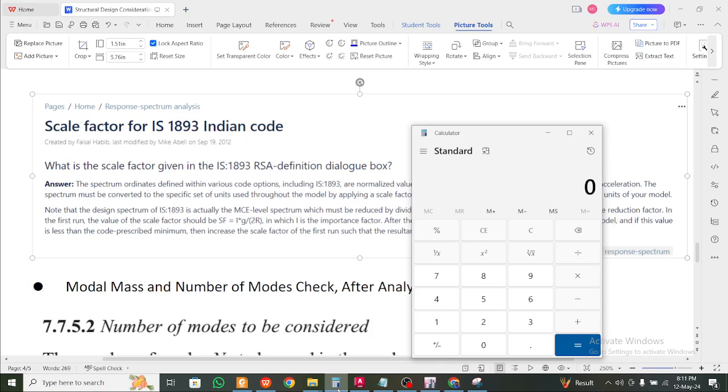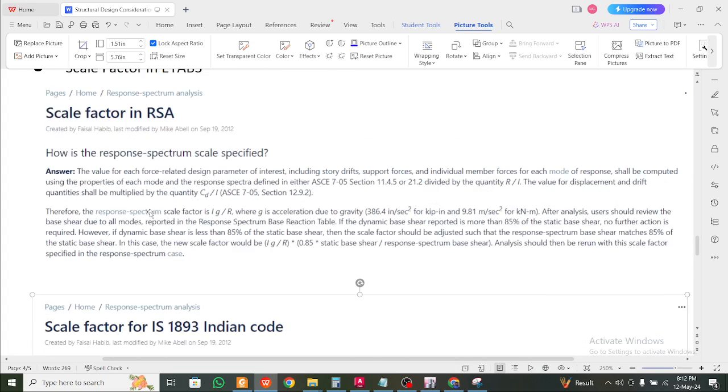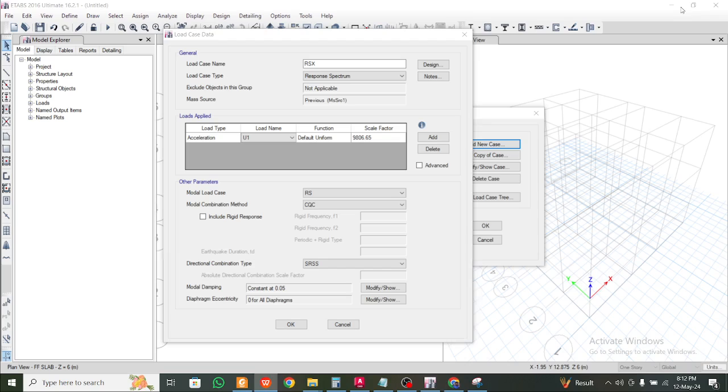Okay, I is 1 into... why I'm doing 1 into 9.81 divided by 2 into 5, that is 10, and it will come as 0.981. So we can take 0.98 as our scale factor. So just we'll take 0.98 as a scale factor. We always go with the official source when you find different things for different codes, so we go with 0.98,